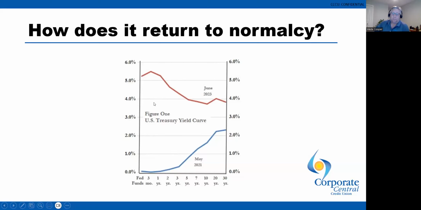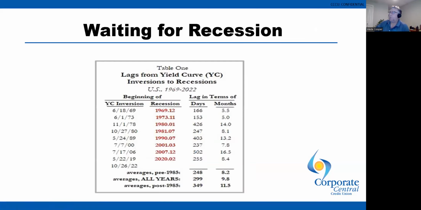So on the investment side, I can make the argument, well, it's a great spread right now. And if you get 5% for 2 years in federally insured money, that sounds pretty good. But we don't know the effect on your balance sheet because we don't know exactly what's going to happen with the yield curve. So let me talk about waiting for a recession.